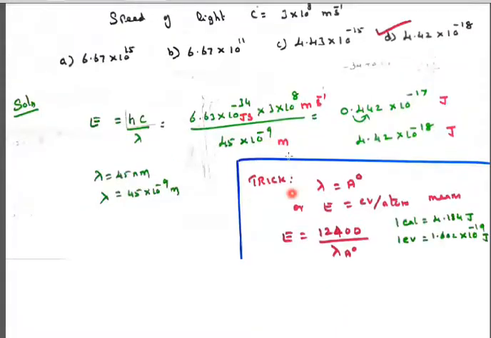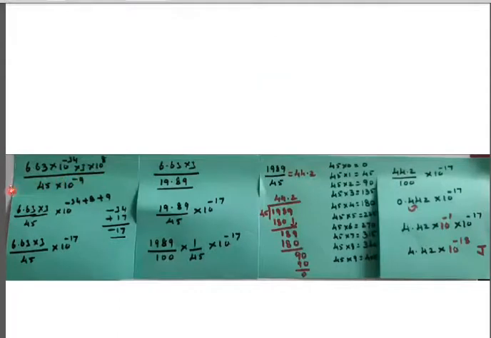And here, the simple calculation I have given here. So multiplying Avogadro number, Planck's constant 6.632 into 10 to the power of minus 34, and velocity of light 3 into 10 to the power of 8, and 45 into 10 to the power of minus 9. I have taken all the 10 powers, 10 to the power of minus 34 and plus 8. When this minus 9 goes up, it becomes plus. So 8 plus 9, 17. So minus 34 plus 17, minus 17, 10 to the power of minus 17.